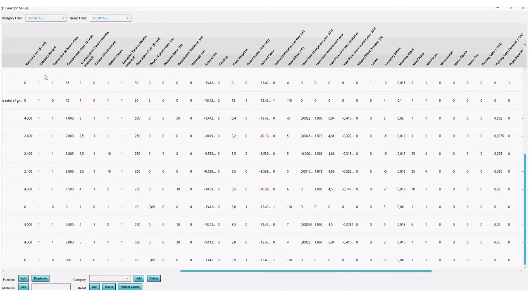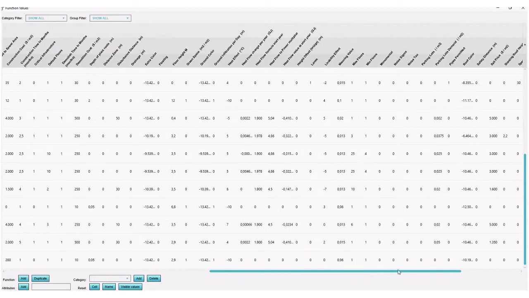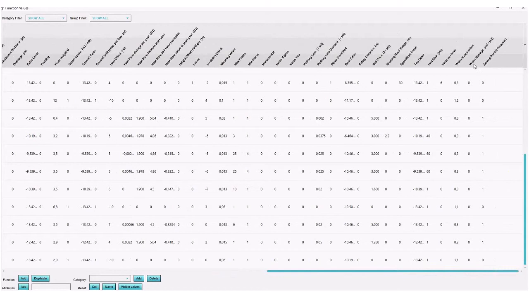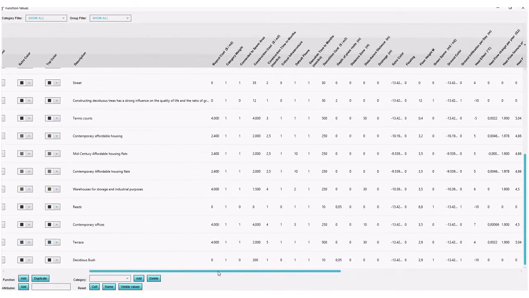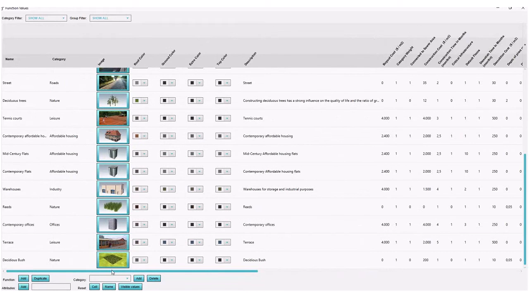So, for example, the costs of construction, or maybe the effect on the heat stress, or water storage is also something that can be interesting. So all these numbers are here in order to calculate your score for your indicators, but you can also adjust